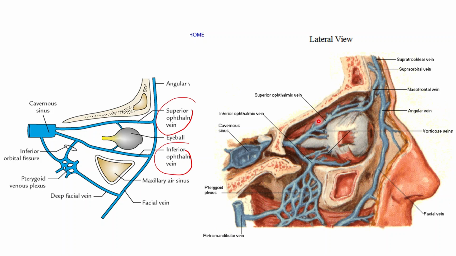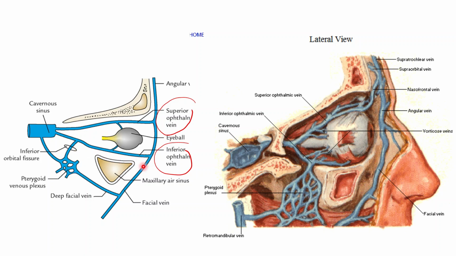Next, moving on to the venous drainage of the orbit. The two veins which are involved in the venous drainage are the superior ophthalmic vein and the inferior ophthalmic vein. The superior ophthalmic vein drains the orbit and is later seen to drain into the cavernous sinus. The vein reaches the cavernous sinus by passing through the superior orbital fissure, whereas the inferior ophthalmic vein drains the